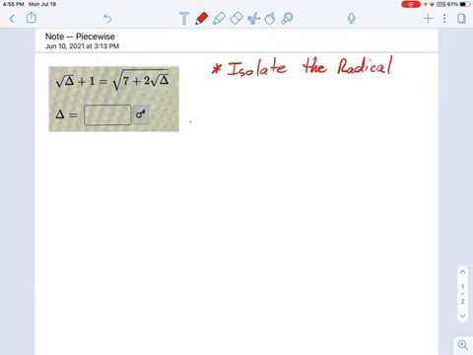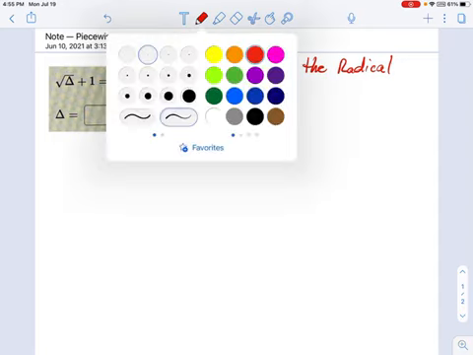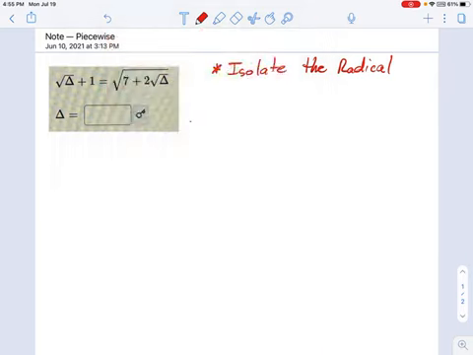Once we have the radical isolated, we can simplify things by getting rid of it. The question becomes in this one, which radical do we isolate? Do we isolate this big radical over here? Or do we isolate this big radical or this teeny little radical over here? I would recommend do the complicated one first. Isolate the complicated radical first, because that way you deal with the biggest problem up front.